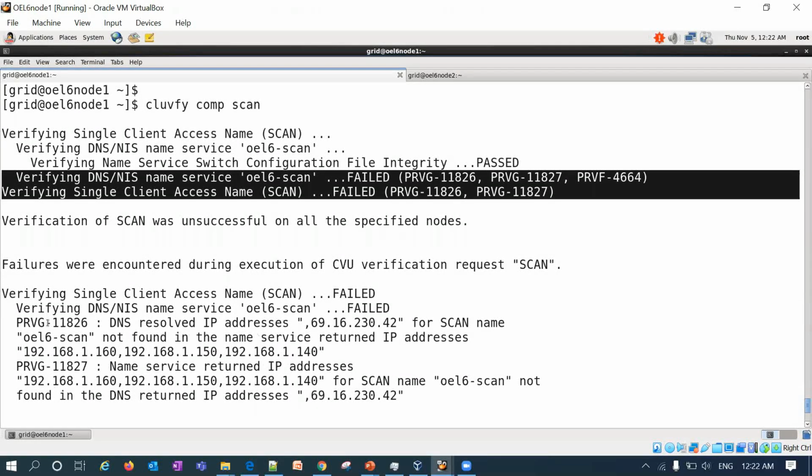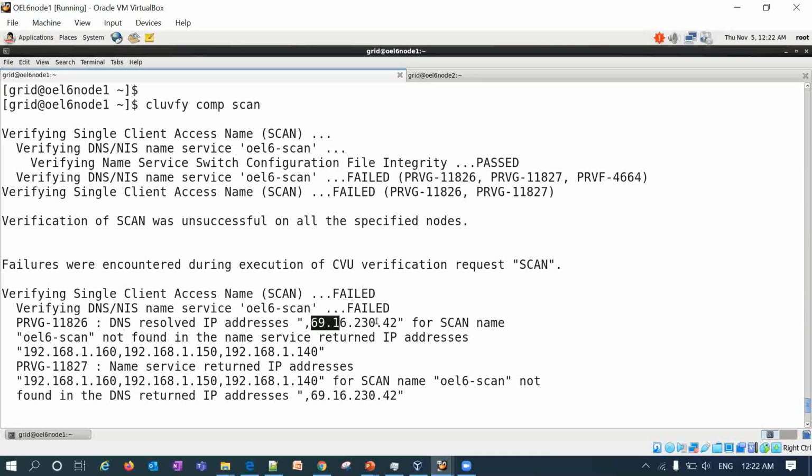You have to check which IP address it is throwing an error for. If you go down further, you can see here this is complaining about this particular IP address. This IP address I'm using as the DNS resolved IP address for the scan name. So you have to check what IP address it is not able to resolve, and whether I'm using this IP address as part of my cluster or not.